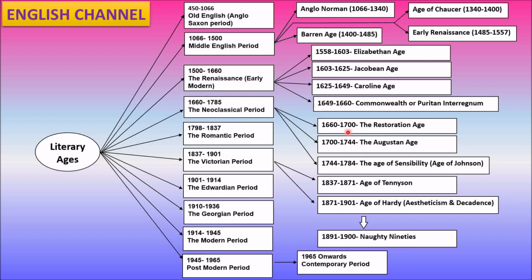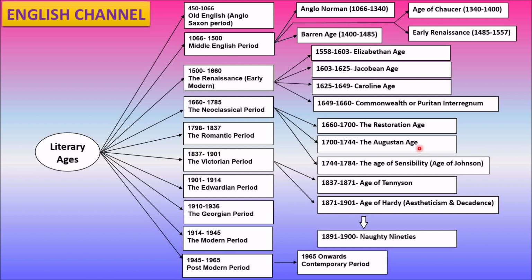So the second, 1700 to 1744, the age of Pope or the Augustan age, the age of revival of classical poetry. In this age, the great Alexander Pope, of course, The Rape of the Lock, and we see other important writers in this age also. We see the revival of classical poetry in the form of the closed couplet of Alexander Pope.